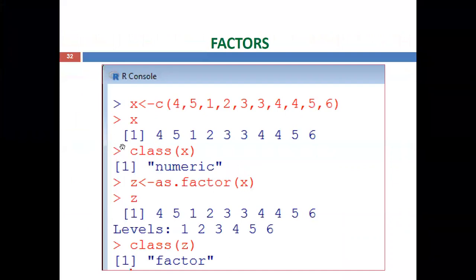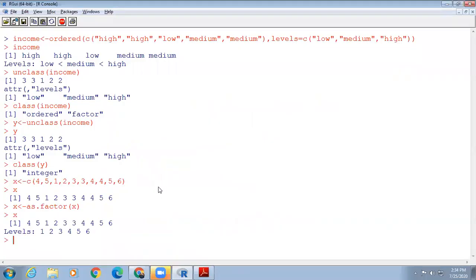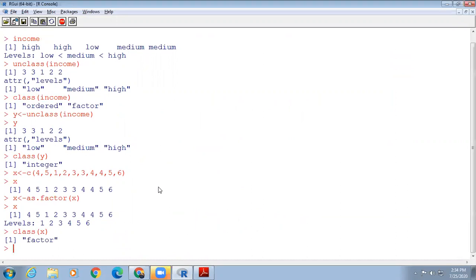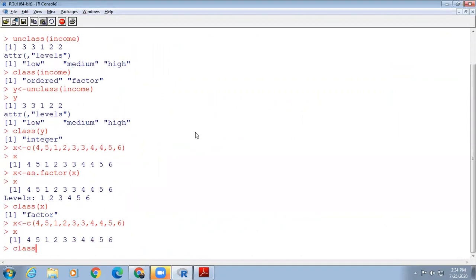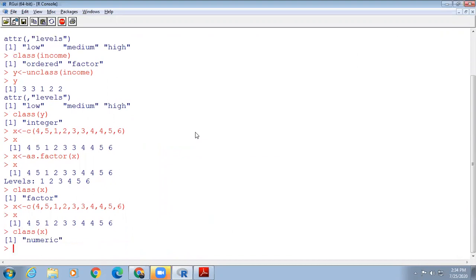Then again, if you want to see the mode of this vector, you can use class of x. What is the latest x now? That is a factor now, it displays factor. For the original vector, if you take x equal to, now you can call it, it contains only numerical values. You can check the class of x here: it is numeric, integer values.